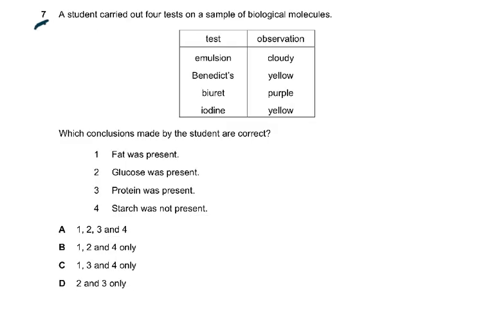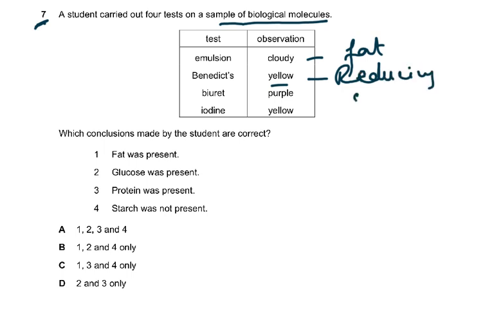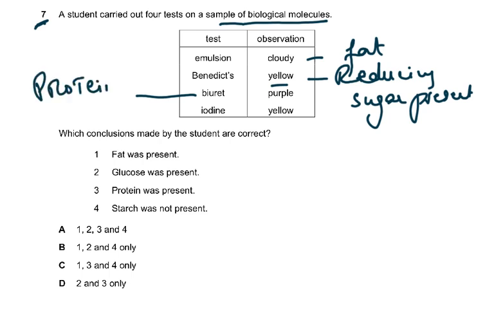Question. A student carried out 4 tests on a sample of biological molecules. Now, if it was cloudy, this means fat was present. If Benedict's test showed yellow, that means reducing sugar is present, not glucose, fructose. If this is purple, that means protein is present,